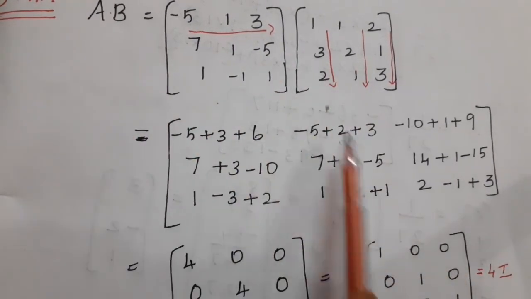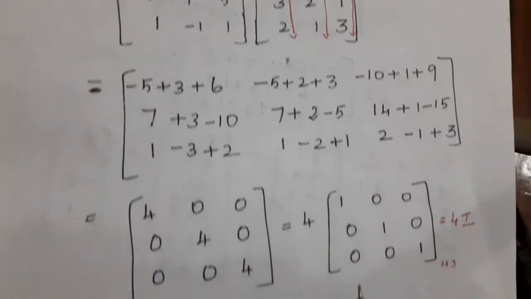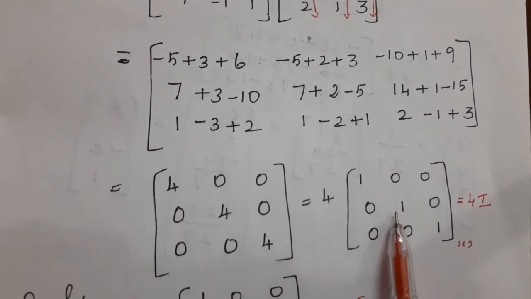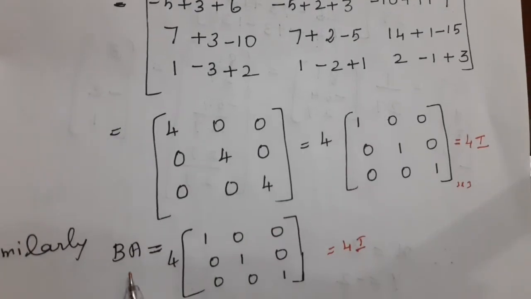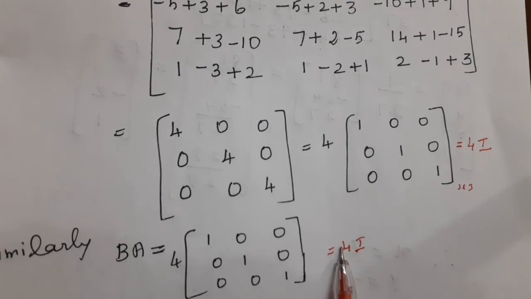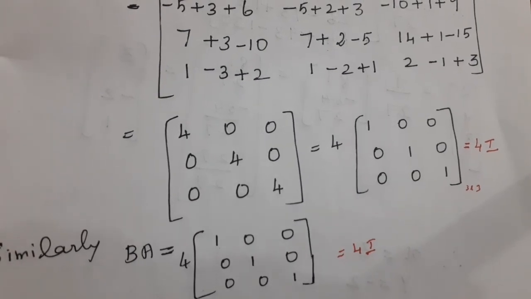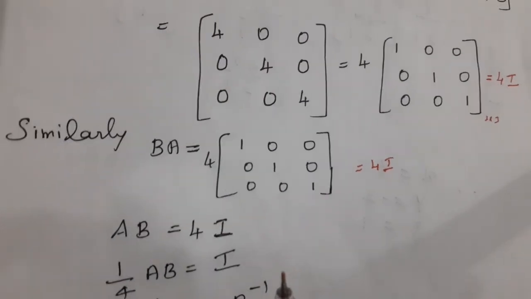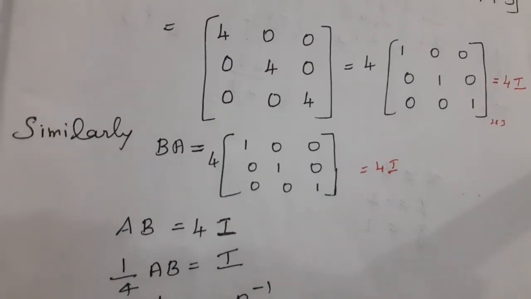Similarly we multiplied, AB is multiplied, we get what? 4 into I. If you multiply AB, it is 4 0 0, 0 4 0, 0 0 4, that is 4I. BA, similarly we multiplied BA also. If you multiply, you check it, this also gets what? 4I. Therefore AB equal to 4I, means 1 by 4. See, this is very important. Only two sums in the exercise book itself. One is an exercise sum and another one is an example sum.